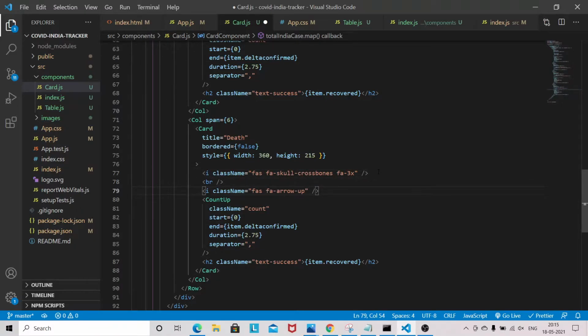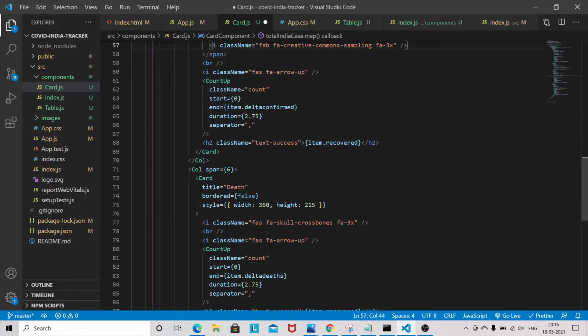And this will be again the same, and this will be delta deaths. And this will be actually delta recovered.